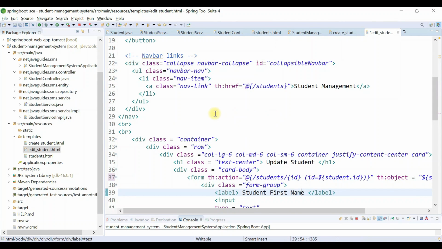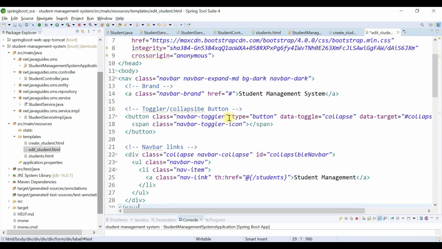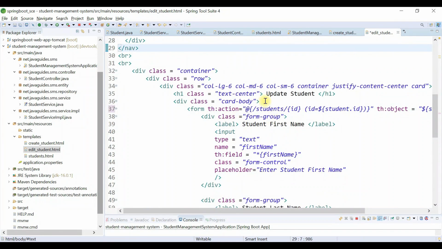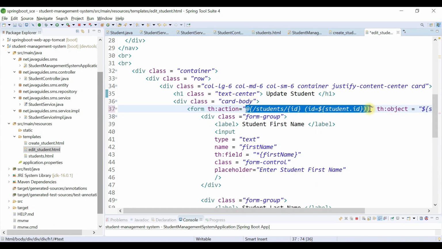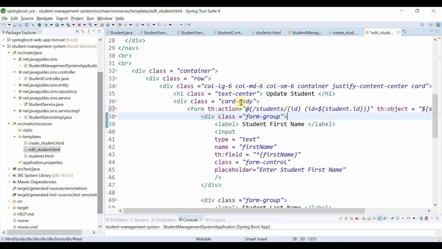Alright, the update page almost looks similar to the create student page. So we have done only two changes: we have changed the string from new student to update student, and then we have changed the form action. That's it.